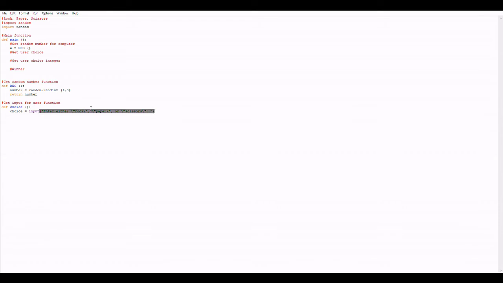And then end it. And we're going to say return the choice. So we already have the user choice down, so we can do B is equal to choice. Okay, next